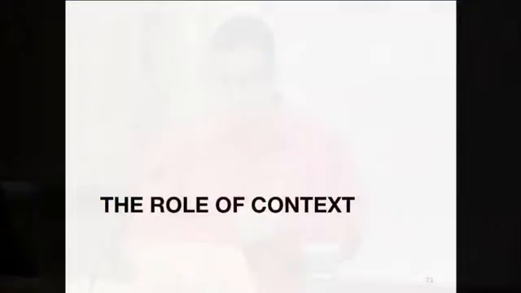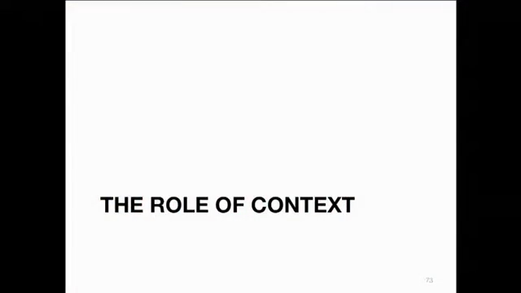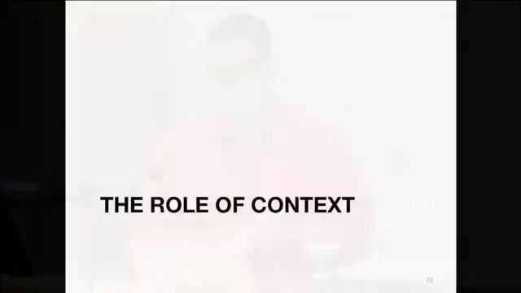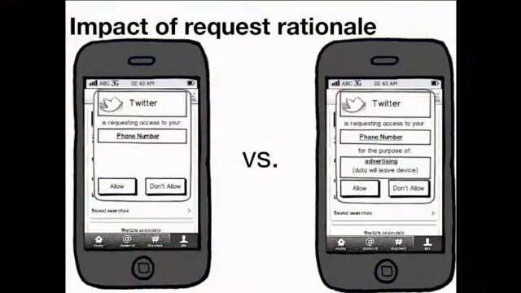Sharing with advertisers, friends, and then at the bottom, app servers. So as long as no human was seeing it, people didn't care at all about location. And so this brings me to the last point, which is looking at context and how context impacts a lot of these decisions. So given 2 different requests, so maybe Twitter wants your phone number, and